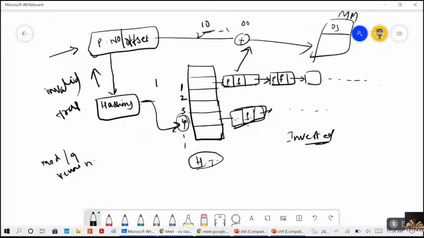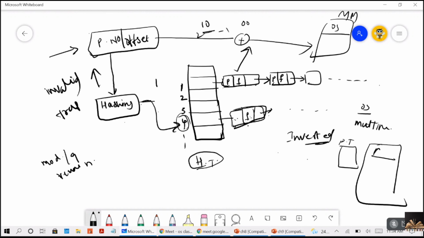We all know modern computers support multi-processing, and multiple programs can execute at the same time. So when multiple programs are getting executed, for each process you should maintain a separate page table, and you all know where this page table will be stored, in the main memory only. So in the main memory you have some space where the page tables will be stored, and the remaining is divided into frames. In these frames the page numbers, your actual page content, will be stored, right?